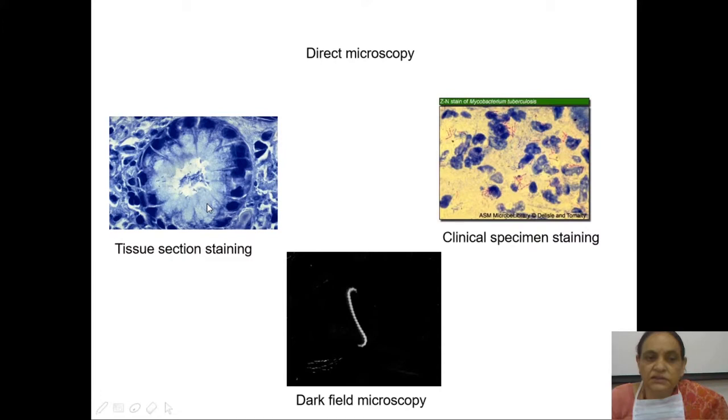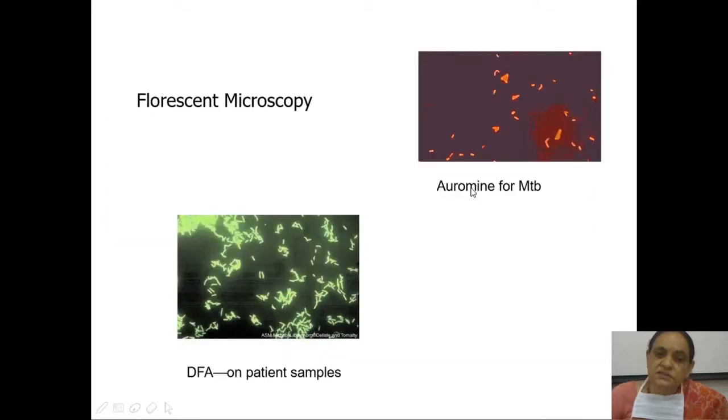The other microscopy is fluorescent microscopy, where you use a fluorescent stain and then you see this is for Mycobacterium tuberculosis. The advantage is it's much easier on the eyes to screen with this. And this is again fluorescence, but using a specific antibody, so it becomes specific, you identify also. Here it's a presumptive diagnosis, but here you can specifically say which organism, depending upon the antibody that you have used.